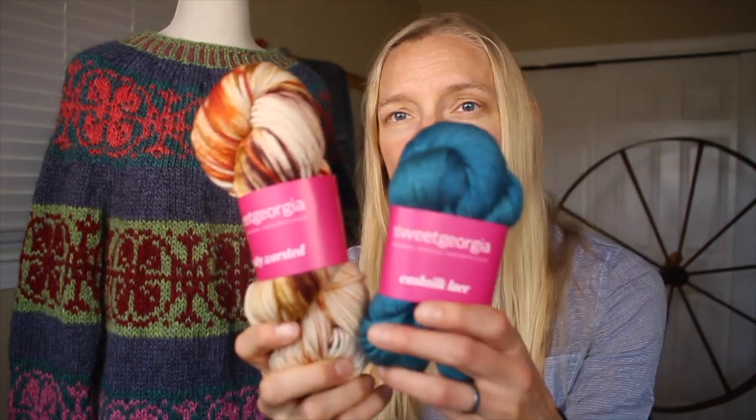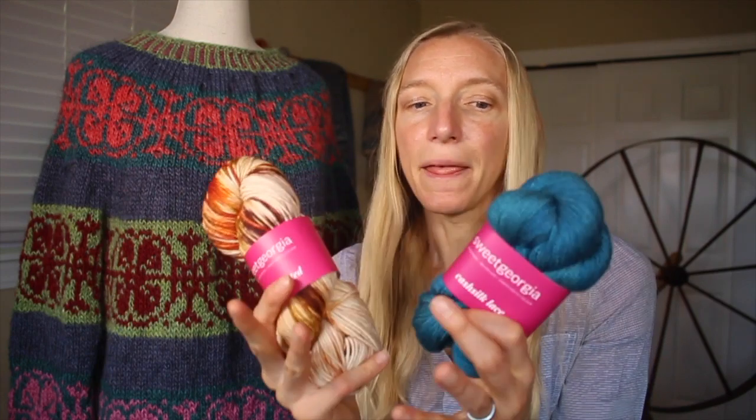And this one is in the colorway Fauna, and it is 70% superwash merino, 20% cashmere, 10% silk. So some really beautiful bases that they're using. And as I said, Felicia's kind of the master of color. I know they just put out their autumn palette this past week, and the autumn palette is looking really